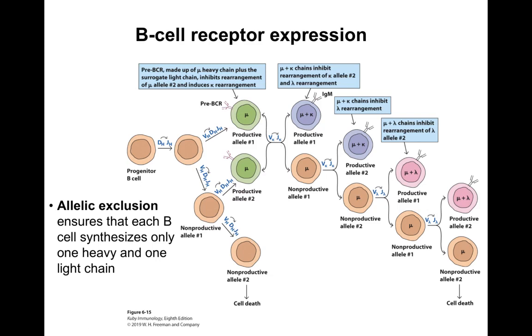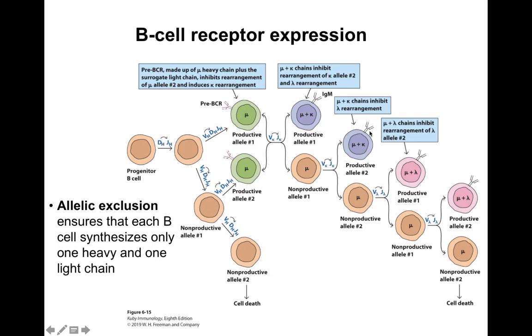So it's going to try the kappa genes, the first allele, with a V and J rearrangement, and if that's productive, it will put that B cell receptor on the surface of it. If it's not productive, it will try the second kappa allele, and if that's productive, that new recombined immunoglobulin will